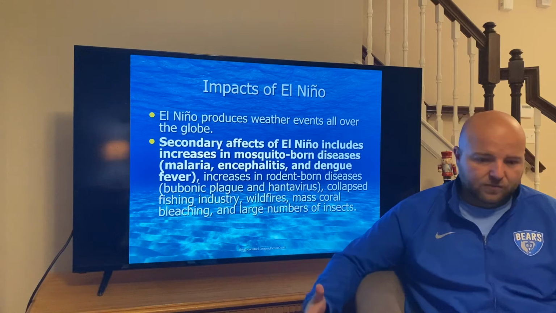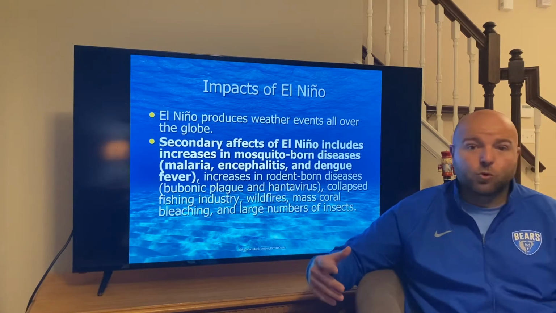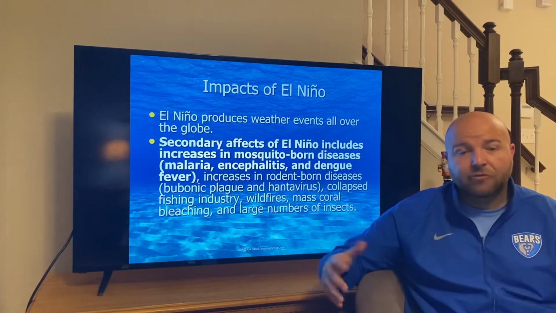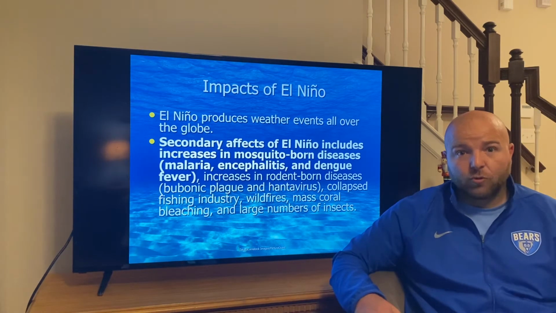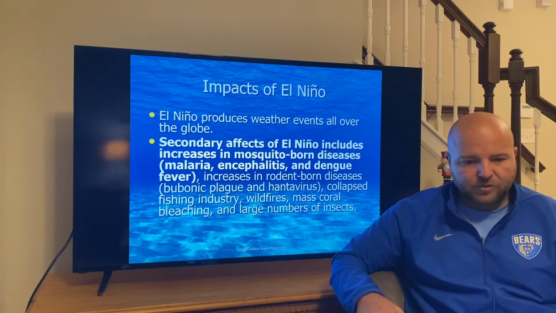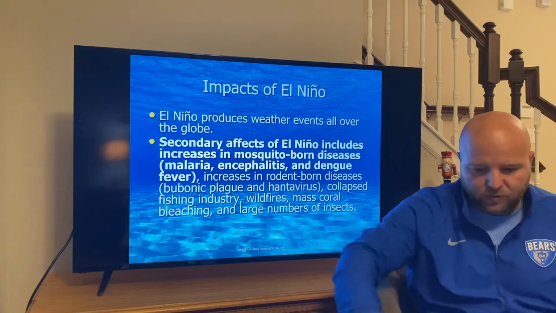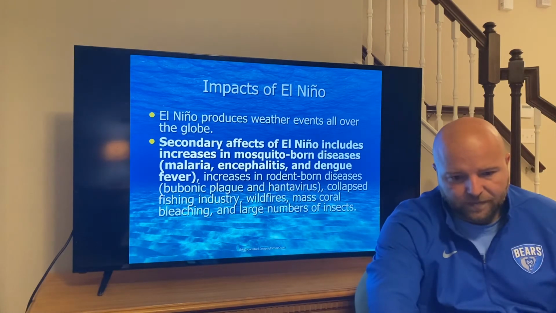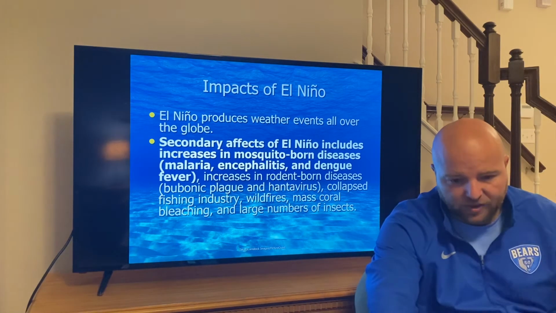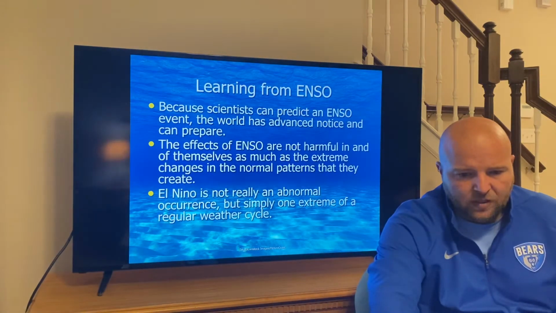You see fisheries collapsing, you see wildfires, mass coral bleaching. It's when coral die off when water temperatures are too warm. Coral are very sensitive to exactly what a water temperature needs to be. So just lots and lots of bad stuff that comes with this warming in these areas. All right, I'm going to keep on going